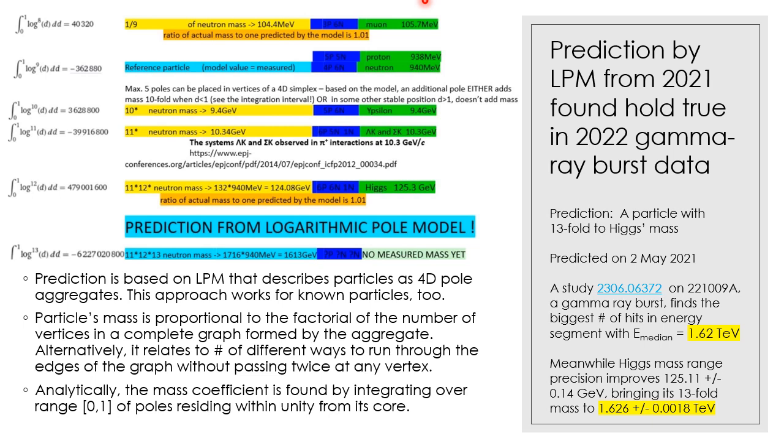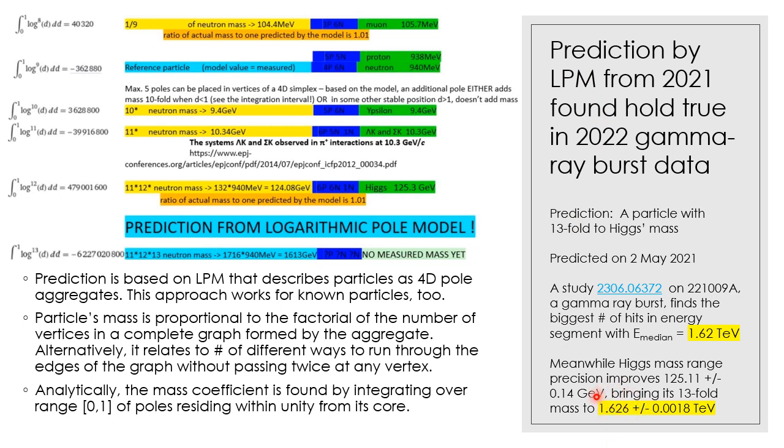And then let's go to the prediction made 2 years ago. I predicted that there would be a 13-fold Higgs mass particle found, and it was based on the idea that the number of poles, when increased in the structure, gives rise to these higher masses. Based on the Higgs mass known a couple of years back, I got an estimate of 1613 giga electron volts as the mass of this predicted particle. But meanwhile, we have had updates on the Higgs mass, and now the prediction would be for the 13-fold mass